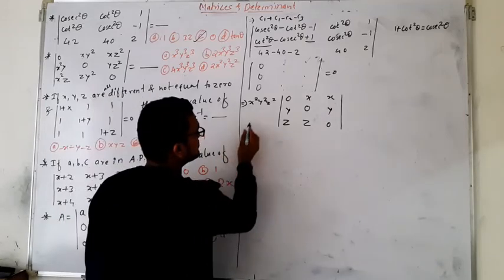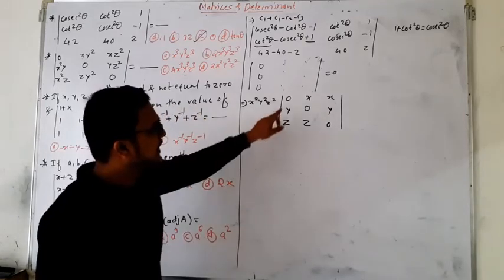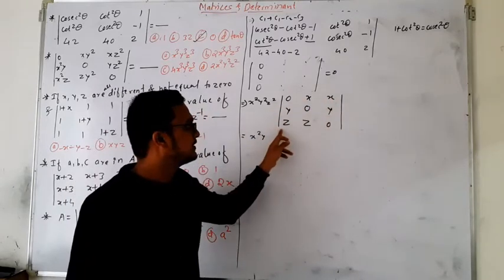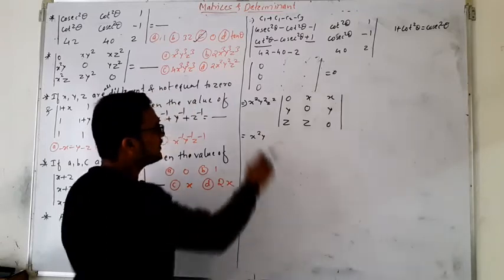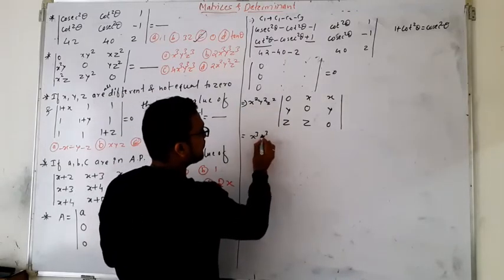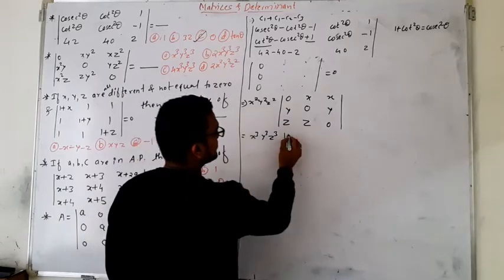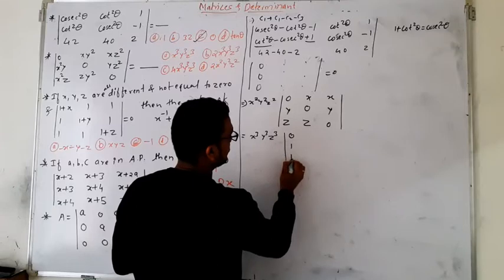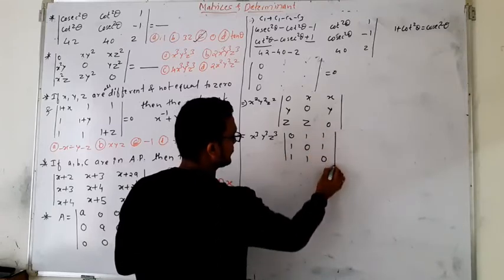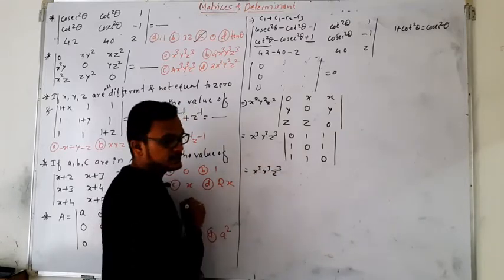So which is equal to x square. Again, see one more thing here. Again from the first row, x is common. Second row, y is common. Third row, z is common. Altogether it is x square, and one more x is common means what? It becomes x cube. This will be y cube. This will be z cube. Then what is left in the determinant now? That is 0, 1, 1, 1, 0, 1, 1, 1, 0. Okay. Now this is x cube, y cube, z cube as it is.